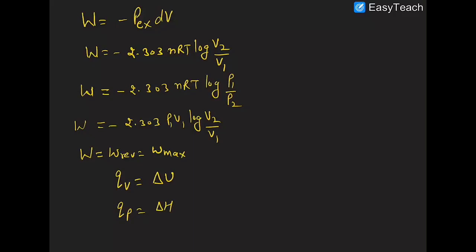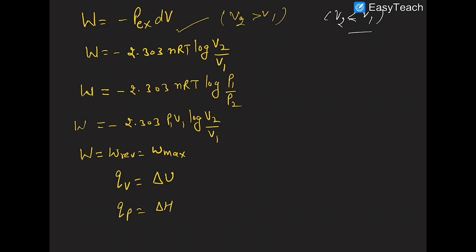So today we are going to discuss some numericals on work done and internal energy. Now work done is equal to minus P external delta V, and that work done is negative if V2 is greater than V1, that is called expansion work done, and if V2 is less than V1, then it is compression work done. So you have to take the symbol as it comes.